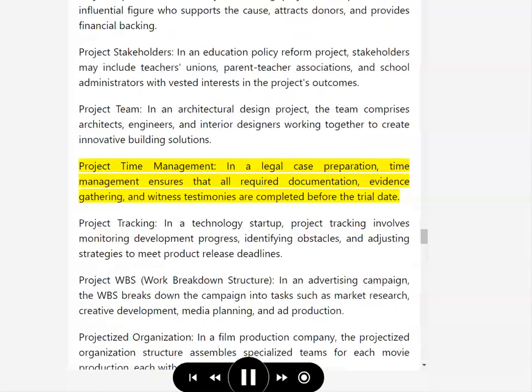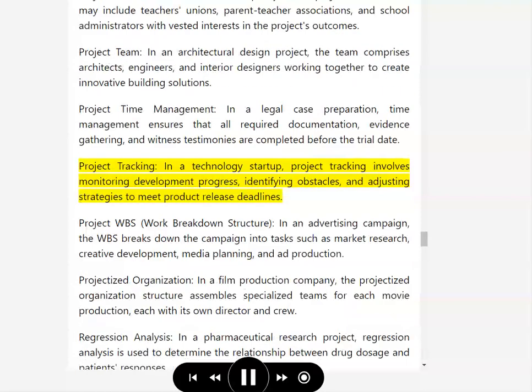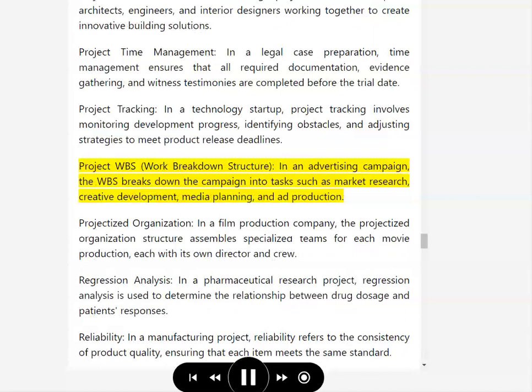In a legal case preparation, time management ensures that all required documentation, evidence gathering, and witness testimonies are completed before the trial date. Project tracking. In a technology startup, project tracking involves monitoring development progress, identifying obstacles, and adjusting strategies to meet product release deadlines. Project WBS, work breakdown structure. In an advertising campaign, the WBS breaks down the campaign into tasks such as market research, creative development, media planning,